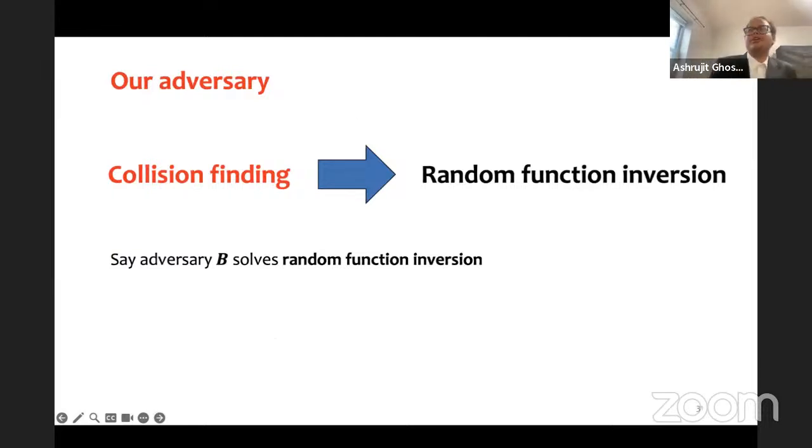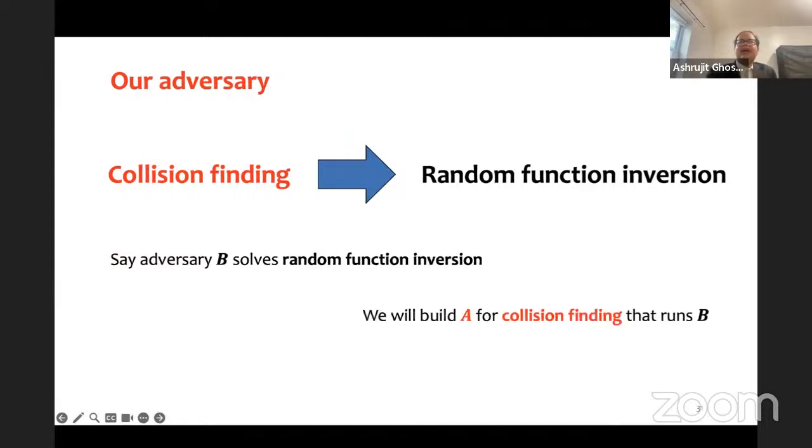What we do here is, given Hellman's adversary, call it B, we construct an adversary A that solves the collision problem that we are interested in. A will run B as a subroutine. This is essentially a cryptographic reduction. I'll show you a sketch of this reduction now. This is the main step of my result.